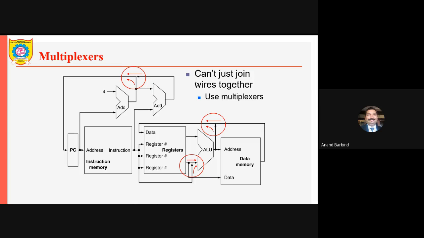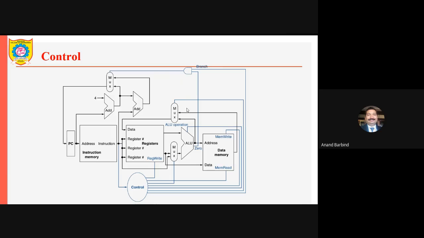these are not just wires that are tied together. Okay, so what is done here is that multiplexers are being used. You can see this particular diagram shows much more detail. So this multiplexer has the input from the output of the first adder, or the input from the output of the second adder, and its output is either the output of the first adder or the output of the second adder.